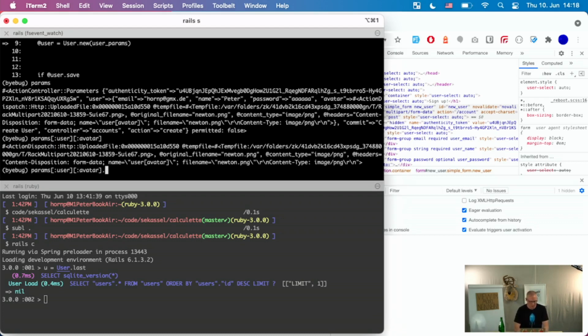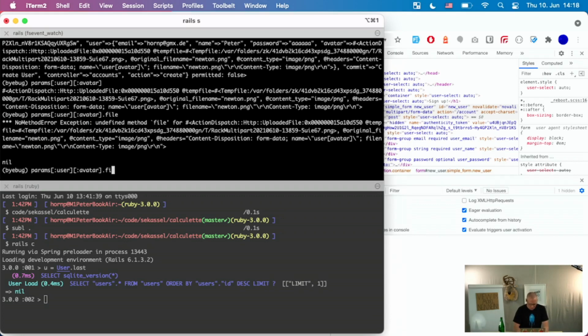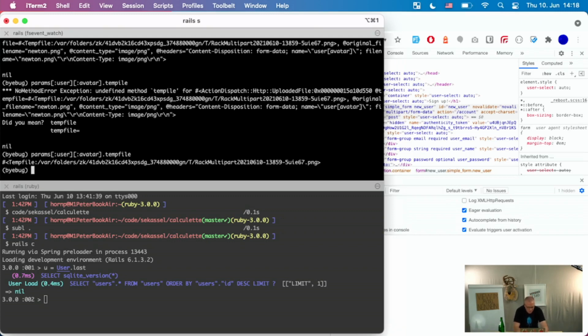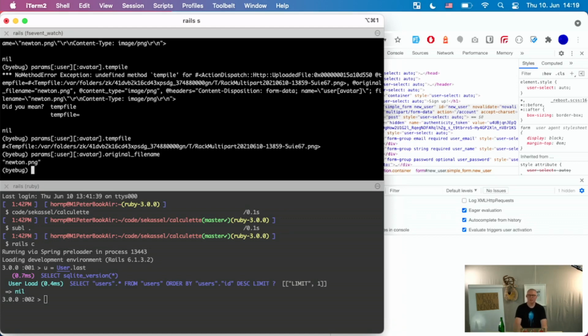So just to fiddle around in the debugger, if we do .file, oops, temp file. All right. So this is the actual file, and we also have an original file name, Newton.png, because the file that comes to the server gets a temporary name that is not related to the original file name normally, and it's stored just somewhere in var folders. Boom, this is some temporary storage place, and normally after the request, the transferred files are also deleted directly, so they are not persisted on the server where they are sent. But we have to deal with it. So what we have now,